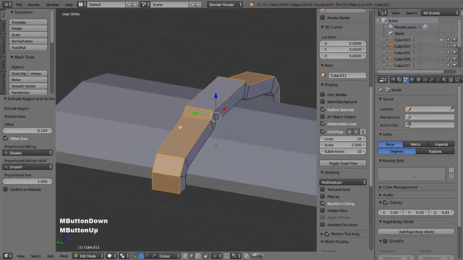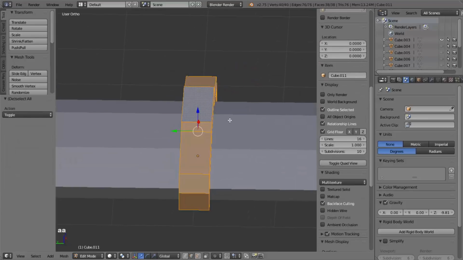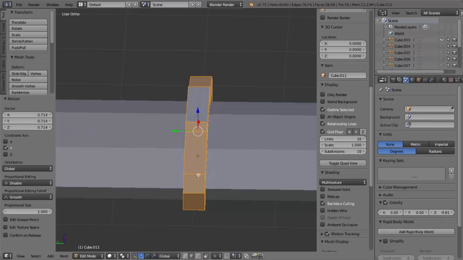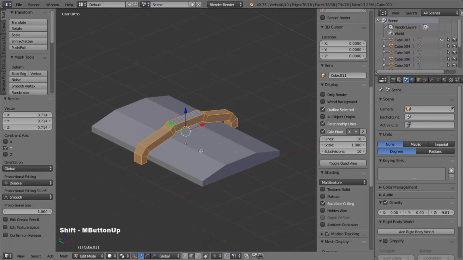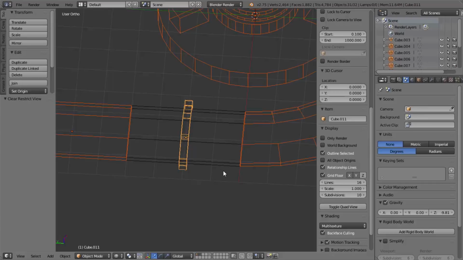So for the object then, that's pretty much it. One thing actually, I just want to scale this in a little bit more. So I'm going to press A twice and then press S and Y. I'm just going to bring that in so that this face on the corner is a bit more square. Next I'm going to tab back into object mode and then press Alt H to bring everything back, and then